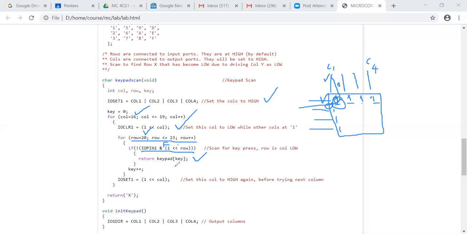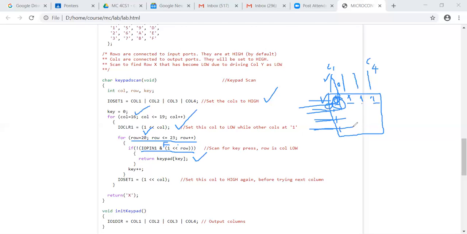If it is not pressed here, of course you go to the next row and see whether this switch is pressed. So we are scanning row wise, and if it is not pressed, you come here.